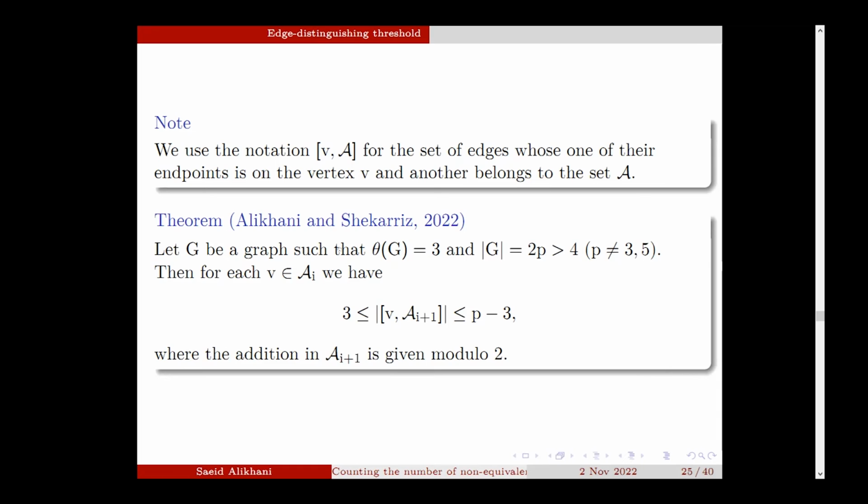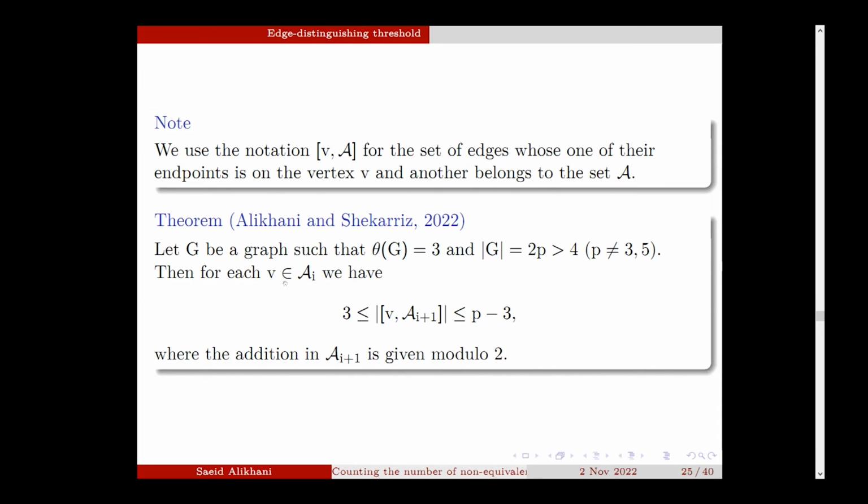So here, the assumption of the theorem is that the order is greater than 3. So we should write, if G is a graph with theta 3 and the number of vertices 2p,